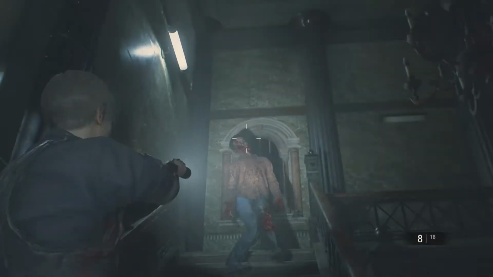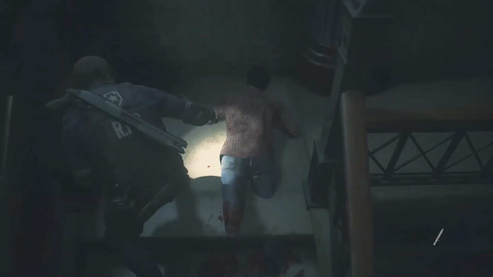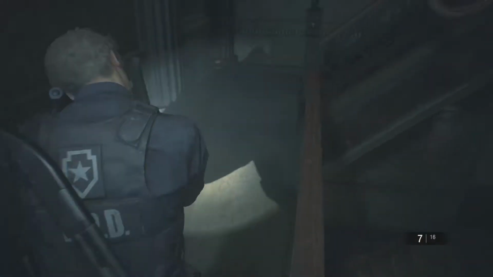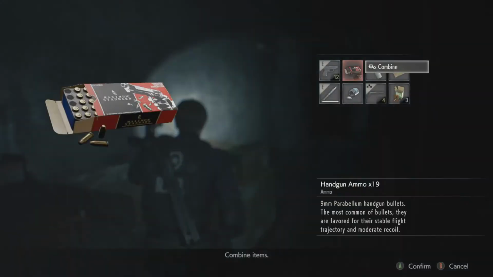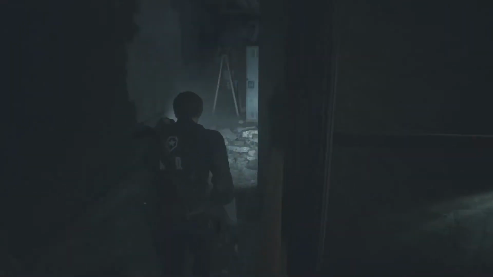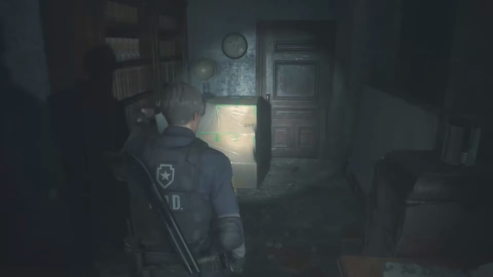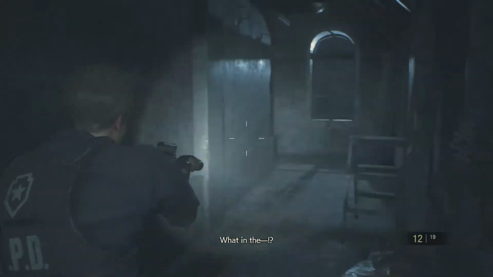What the fuck? Simple enough. There's a key up here. Also something else I want to get that's up here somewhere, the hip pouch. What in the...